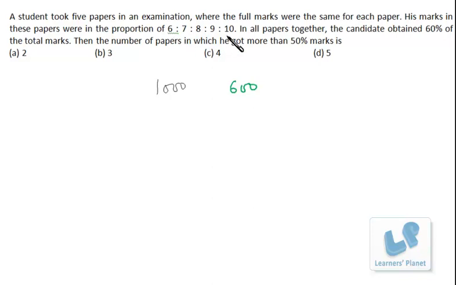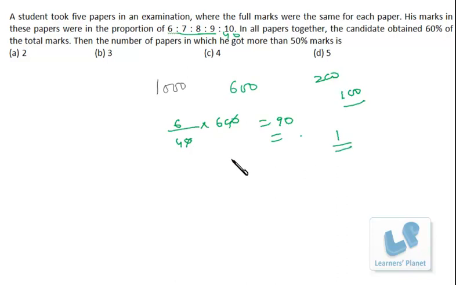That means the total of all these 5 numbers will be the middle number into 5, that is average into 5, that is 40. Okay, so its total is 40. Now the first marks, in the first paper, it is 6 out of 40. That means from 600 it will be 90. And the 50% marks, if the total marks in each subject is 200, then 50% marks will be 100. So he's getting less than 50% in this first paper.